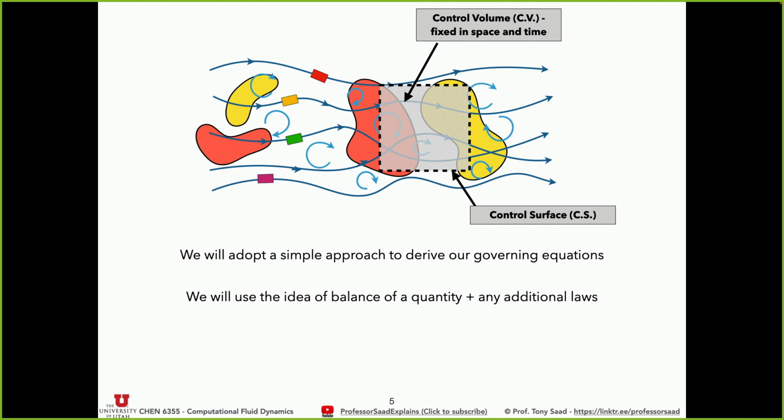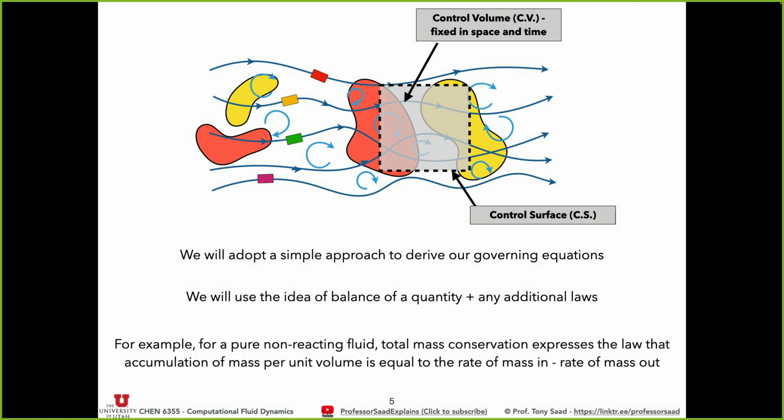The idea is, I want to use the idea of a balance of a quantity inside this control volume, aka conservation of a quantity. What's coming in needs to be accounted for: what's coming in, what's leaving, and what's staying inside that control volume, plus any forces on the control volume. Okay? So, for example, for a pure non-reacting fluid, so that's just water, for example, total mass conservation, the law